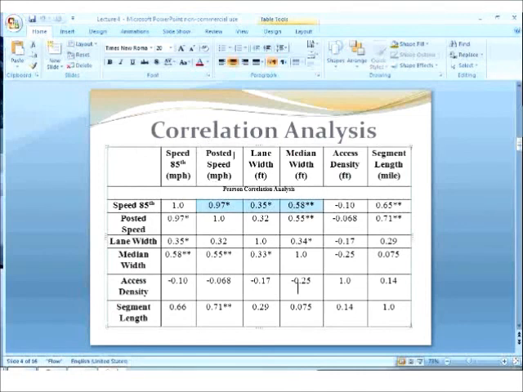So as the speed limit posted on a roadway increases, the speeds of the vehicles increase as well, because when motorists see the high speed posted on the roadway, they'll drive fast. Similarly, with lane width, as we have wider lanes, the drivers will feel more comfortable driving on those roadways, and they will drive fast. And likewise, the median, if the separation between the two